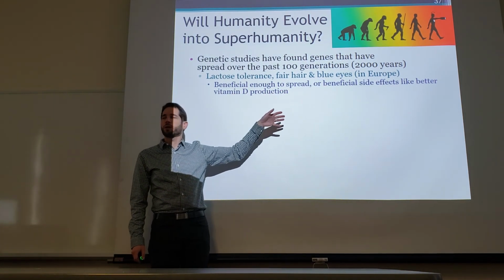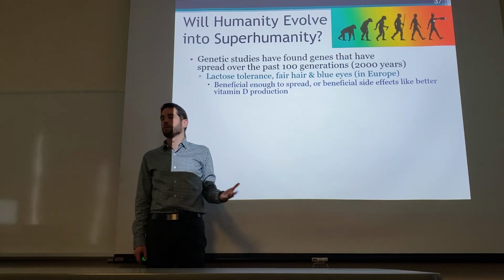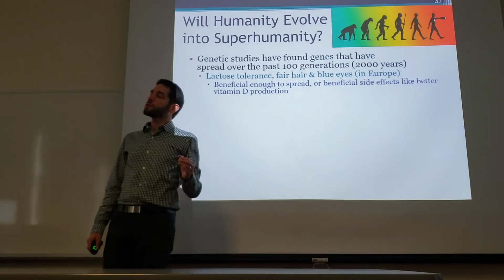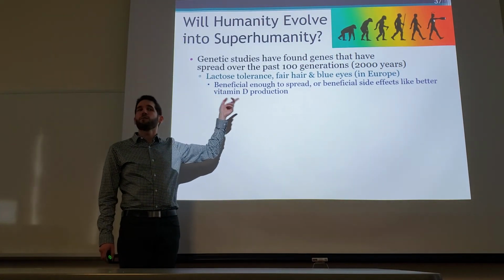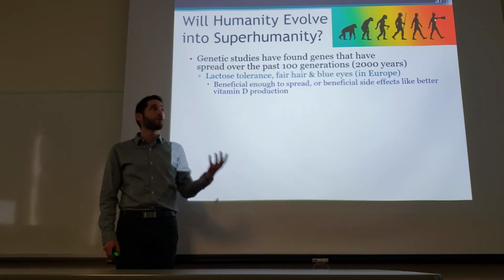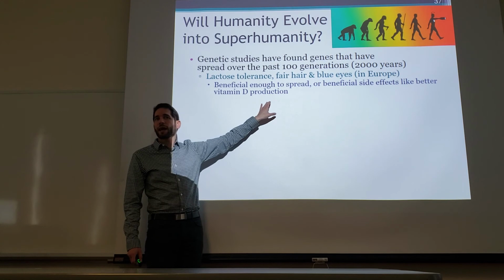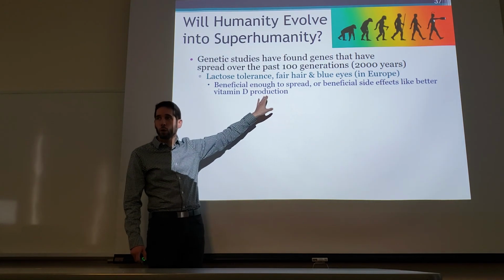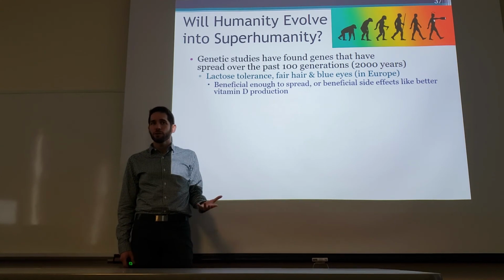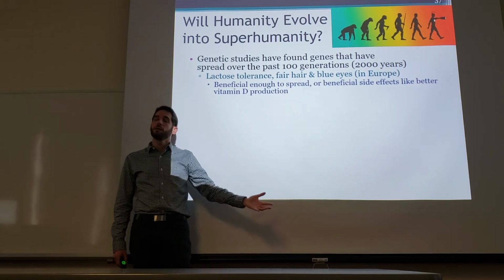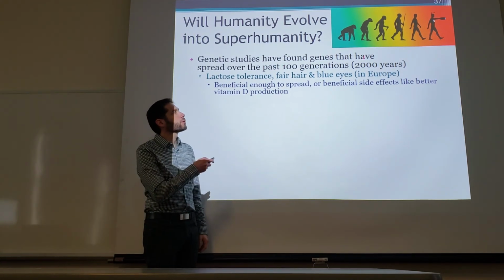So you might think that we've entered stasis and that we haven't changed at all over the last thousands of years, but we actually have in a few ways. Just over the last 2,000 years, for example, lactose tolerance. Okay, me personally, I'm somewhat lactose intolerant, the rest of you are freaks. So lactose tolerance, the ability to drink a cow's milk, is actually kind of not normal, but whoever had that first, they had such an advantage that it spread. And it spread over a fairly short time, right? Fair hair and blue eyes also